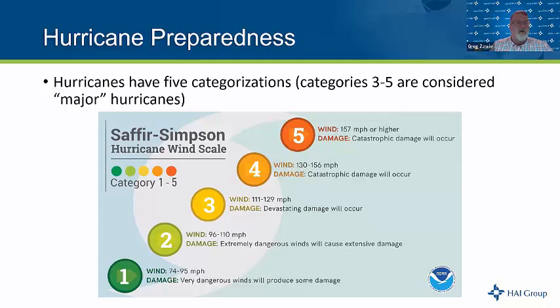Hurricane category 1, we've got 74 to 95 mile an hour winds, which is still pretty bad, but it's the least bad of all the hurricanes. And we go all the way up to category 5 with 157 miles an hour winds or higher, and the damage is catastrophic. Just to put it in perspective, for those of us who remember Hurricane Katrina back in 2005,